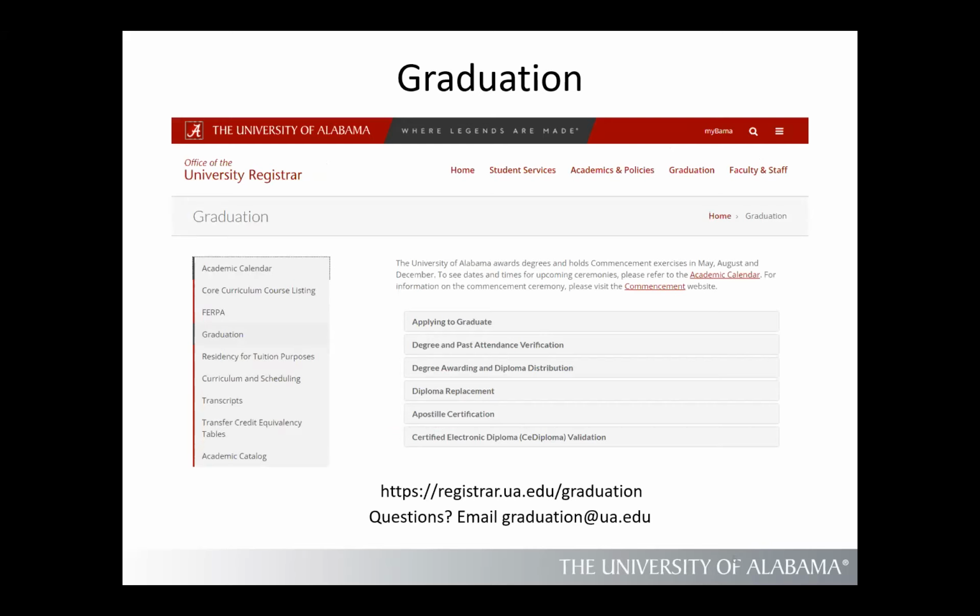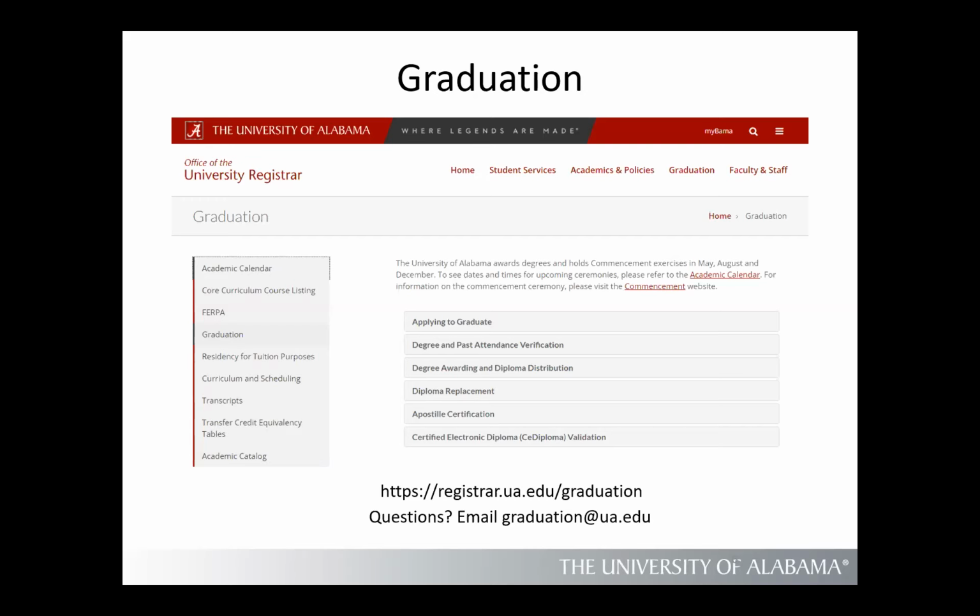There is a $51 graduation fee, which everyone gets for applying to graduate here at the University of Alabama. It mentions other fees as far as late fees. If you're after the deadline, there is a $25 late fee. If you get denied, you are refunded all of the $51 minus a $10 processing fee. So you'll get $41 of it back if you are denied for graduation that term.